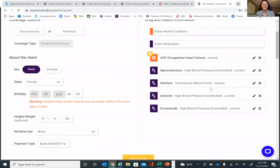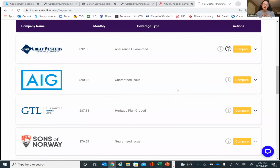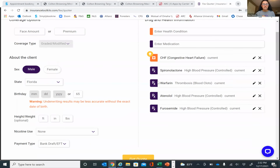Let's say that it's more than 60 milligrams. Guess what? There comes back our congestive heart failure. Because typically if they're taking furosemide in that high of a dosage with a combination of all these other meds, they have congestive heart failure. And if that is in fact true, and we click get quote, guess what? We're going to guaranteed issue. And it's going to tell you Great Western is the one you want to sell, and it's a return of premium plus 10% in the first 2 years. So again, it'll just keep asking reflexive questions until you